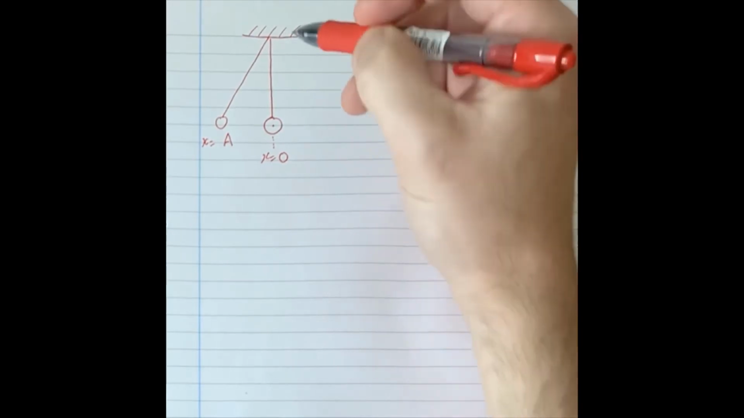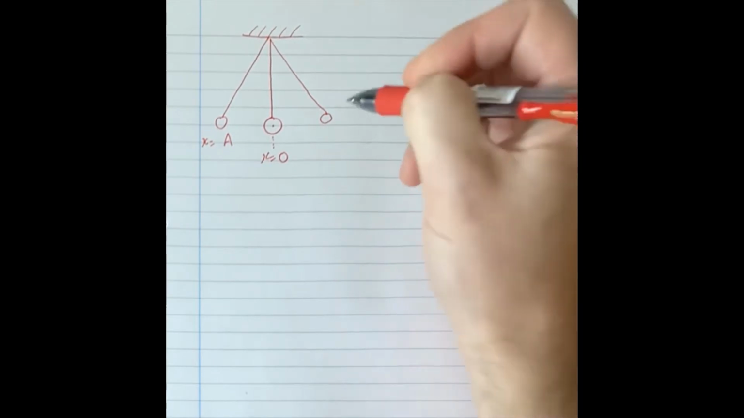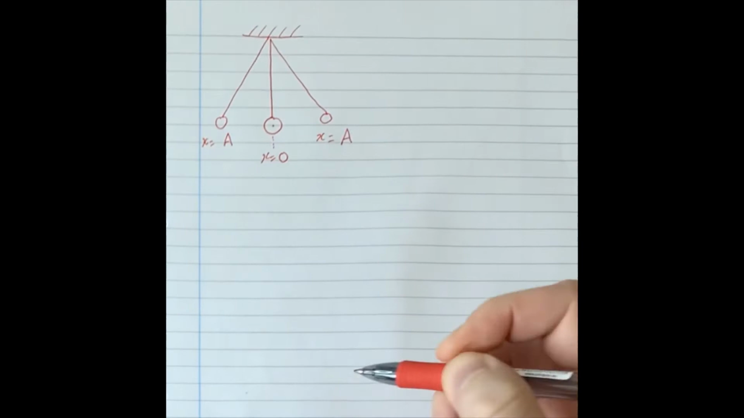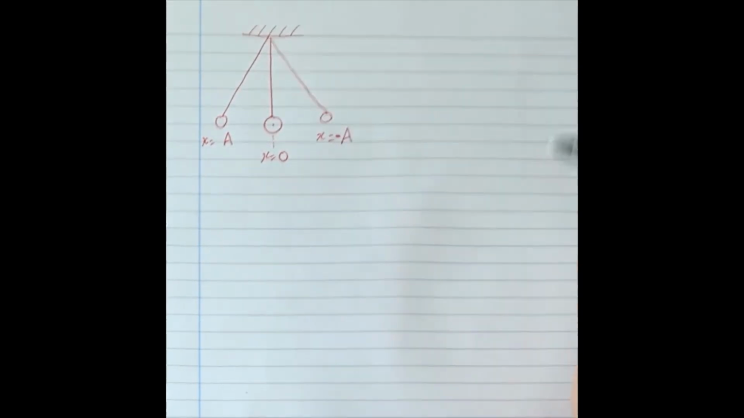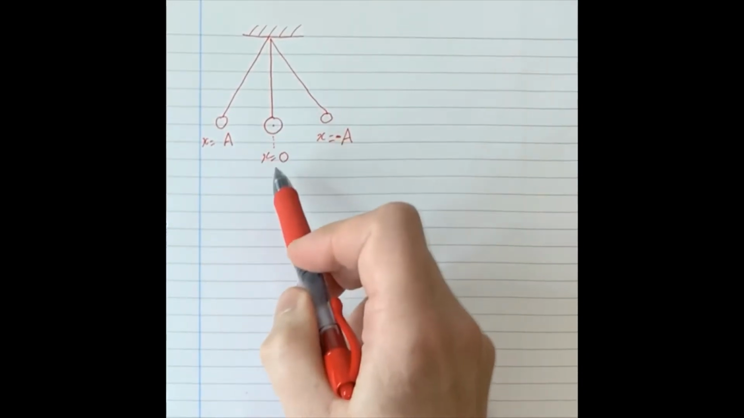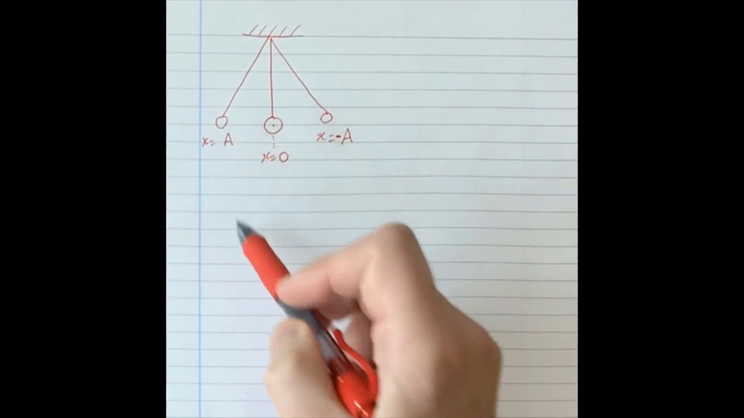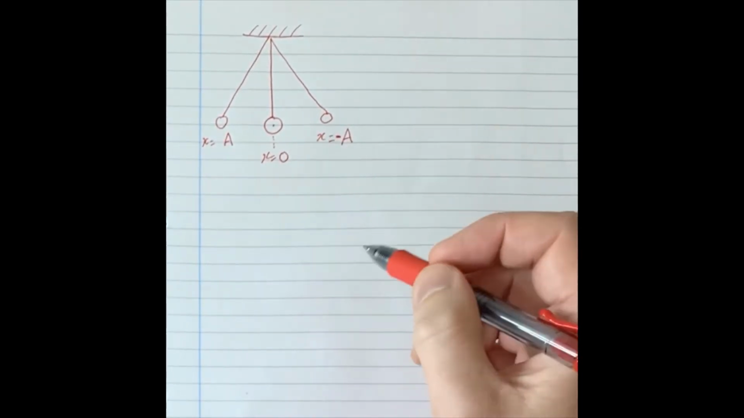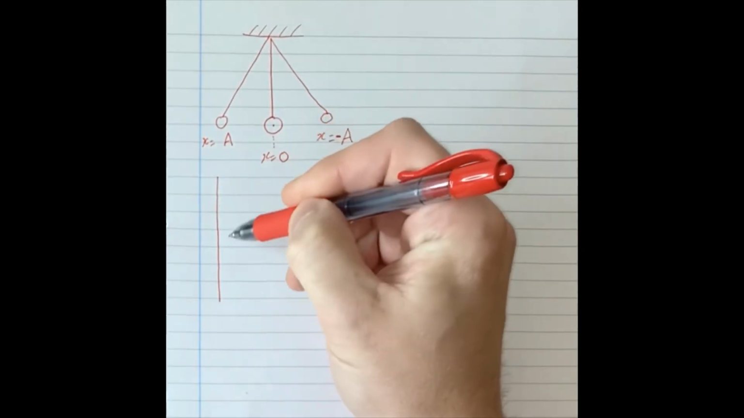It's then going to carry on and swing to the right. At that point, it's also going to be displaced by an amplitude size, but obviously in the negative direction from the mean position. So it's going back and forth about its mean position to a maximum displacement, which we're calling the amplitude, a positive displacement and a negative displacement. All right, so if I try to draw this graphically,